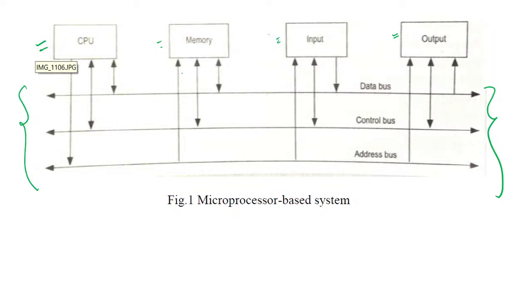That means address will travel from CPU to memory. Okay, it will travel from CPU to memory or CPU to input output devices. Every input output device will also have a unique address, because every input output device will be connected to the input output port and every port will have a unique address. So CPU may execute some instruction on input output devices. So CPU may fetch something from an input output device, or may want to write something onto the input output devices, or it can fetch something from the memory, right? But memory cannot fetch anything from the CPU, right? That's why it is a unidirectional bus. Data bus is a bidirectional bus. So that is the architecture of a computer system.